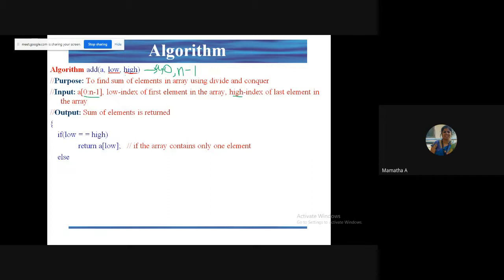Else, what should I do? The control abstraction, what did we do there? Divide the problem into two sub-problems. And we know that here there are only two sub-problems. Okay. So usually an array is given to you. How do you divide that problem into two sub-problems? What concept will you use?